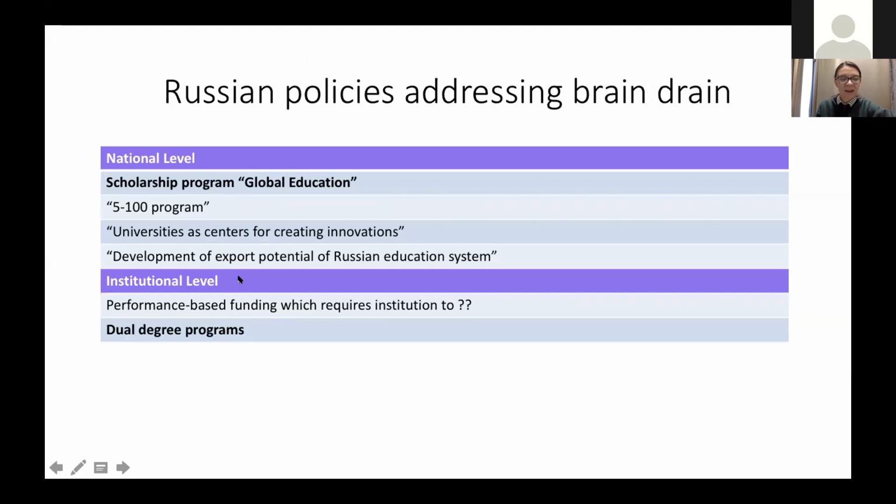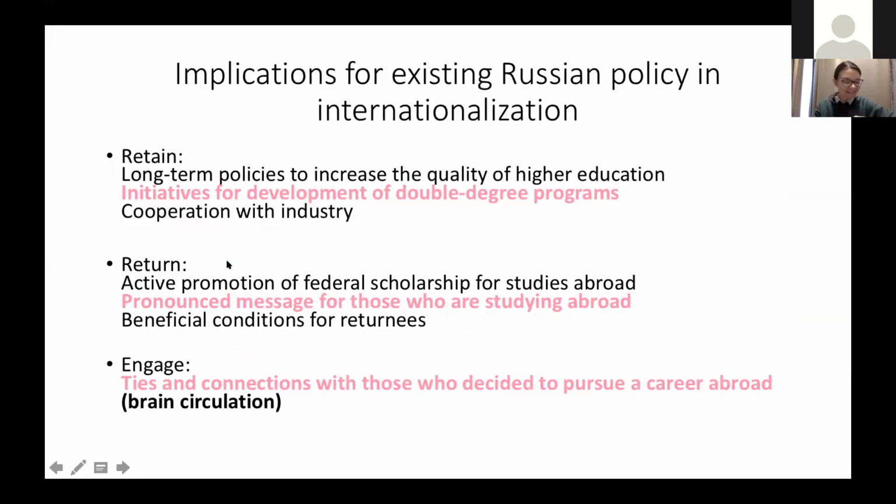So I think that I will skip this slide as I'm running out of time. And as to the future possible instruments for retain, return, and engagement policies,